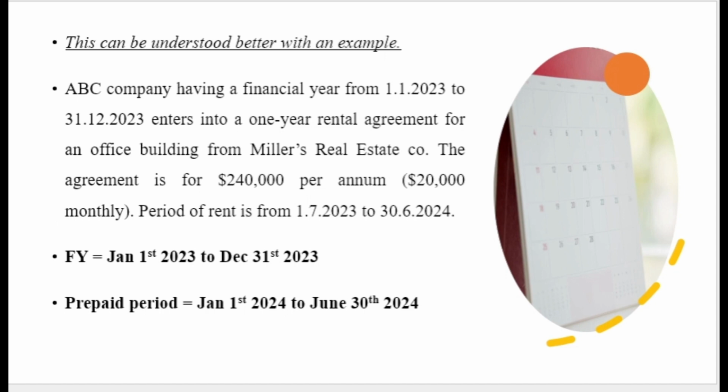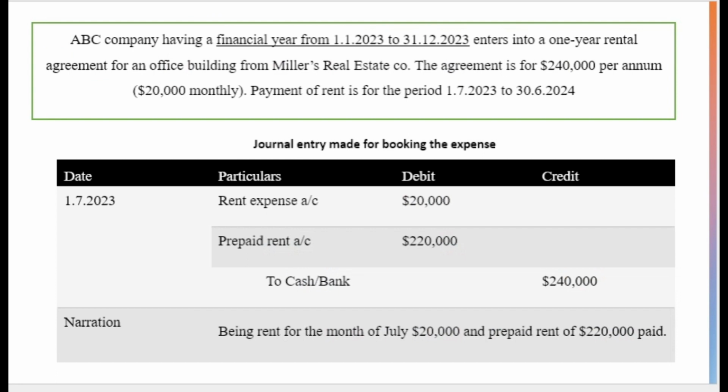Now let's see what are the journal entries that separates this payments. We use the same example. ABC company having a financial year from January 1st to December 31st, enters into a 1-year rental agreement for an office building from Miller's Real Estate Company. Agreement is for $240,000 per annum, that is paid in full, and that means monthly $20,000. Payment of rent is paid for the period of 1/7/23 to 30/6/2024. So when the payment is made, the journal entry goes like this: